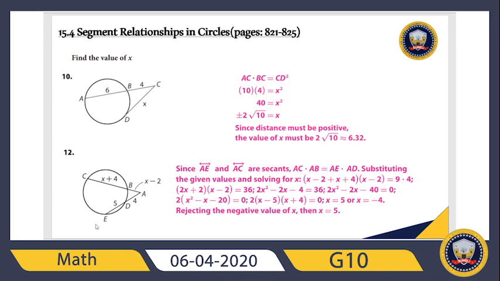Now, since we are again dealing with distances, my distance should be positive, and my value for x should be 5 then, not minus 4. So my x is 5, or plus 5. Okay,